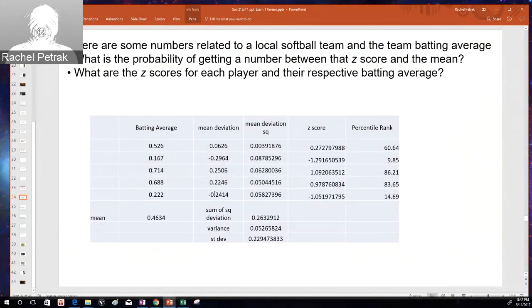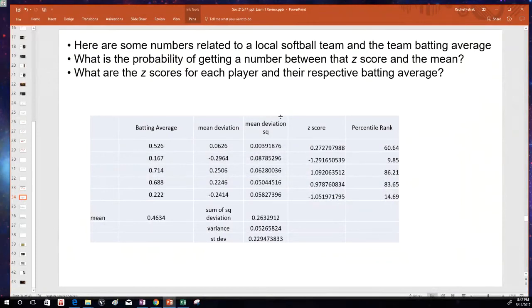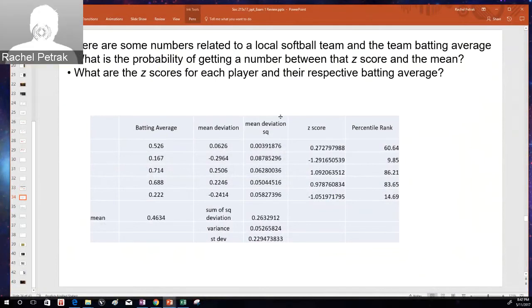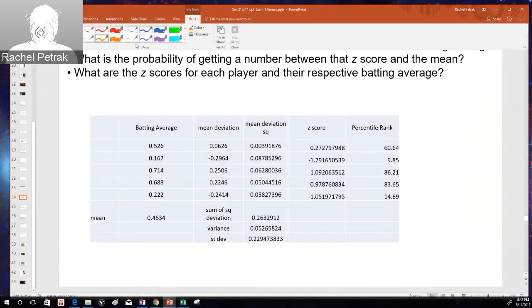You can see the scores and their percentile ranks, and you should definitely be able to get any of these numbers in this table. We did just discuss it in such great length yesterday. Unless there's an objection, I'm not going to go over each of these calculations again, but we can take a quick look at